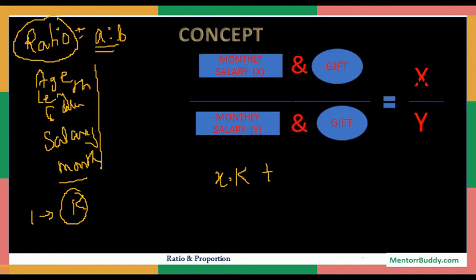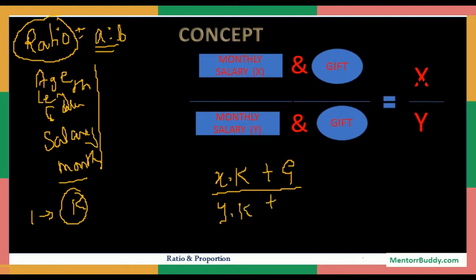Let's say this gift is G. Now take the ratio with another employee who had worked for, let's say, Y months. Again for 1 month the salary was K, then for Y months it will be Y into K